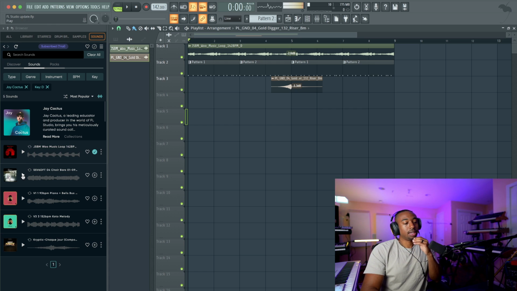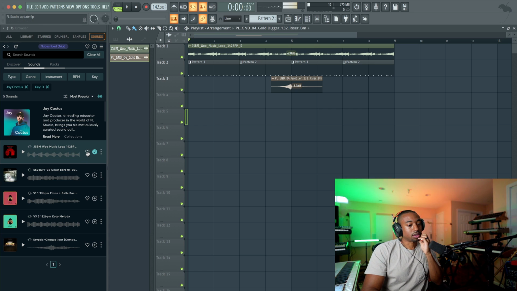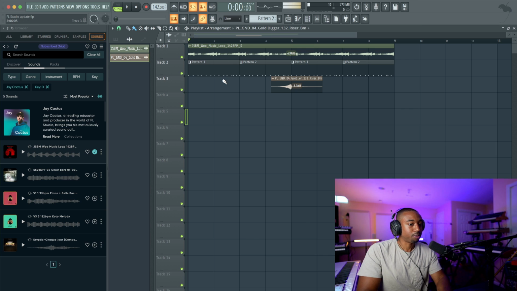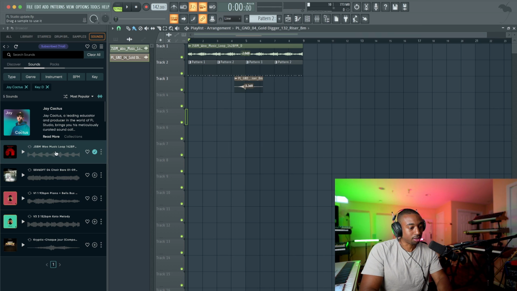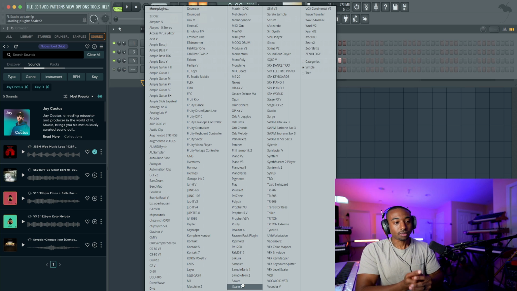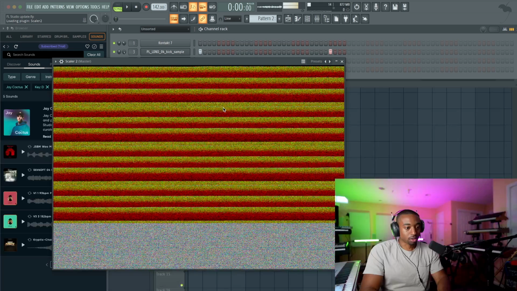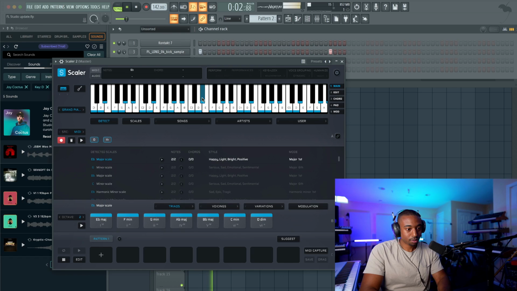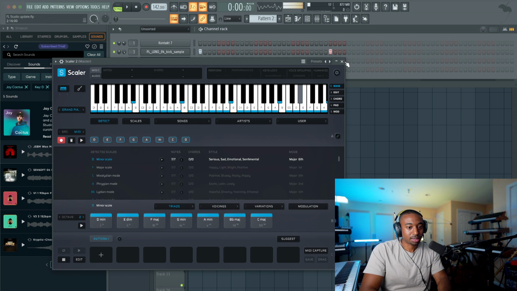So one thing that is a little confusing here, maybe they'll fix it over time, is making sure that people are labeling loops properly. Because D just by itself means D major, but technically it's probably D minor. To double check, what you guys can do is open up the Scalar 2 plugin, and just map out the keys here. Okay, so this is D minor, but it's labeled as D.